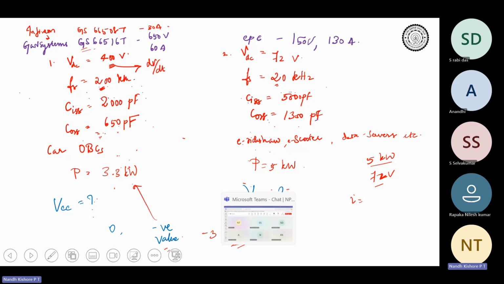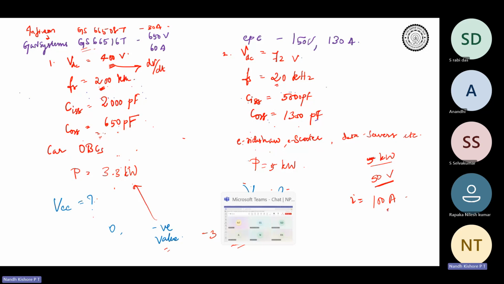Let's make this simpler. Instead of 72 volts, let's say I take 50 volts. Okay, 5 kilowatt and 50 volts. What will be the current? Current is going to be somewhere around 100 amperes. Correct? Simple, directly. So if you need devices that are going to carry 100 amperes current, you